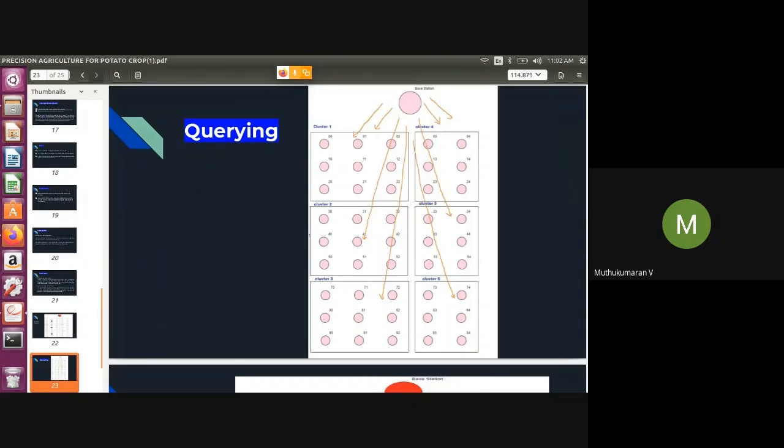Okay, now querying. Whenever the user wants to send a query and know about a particular location's status, he can do it through the base station. Here we assume the base station is powerful enough to broadcast to all nodes, since the base station will have power connectivity. The query will contain the location from which it wants the data. Since every node is turned on and off every 10 seconds, after the broadcast of the query, all the nodes will be able to receive it.